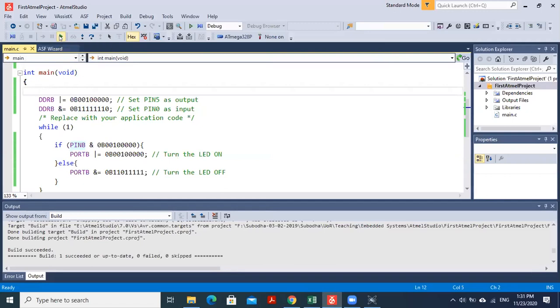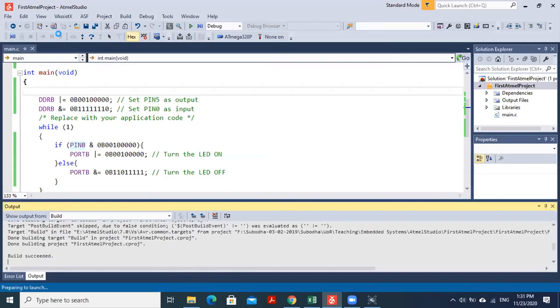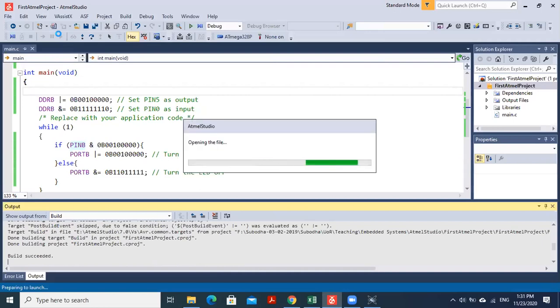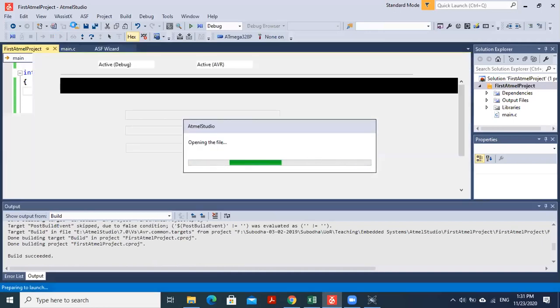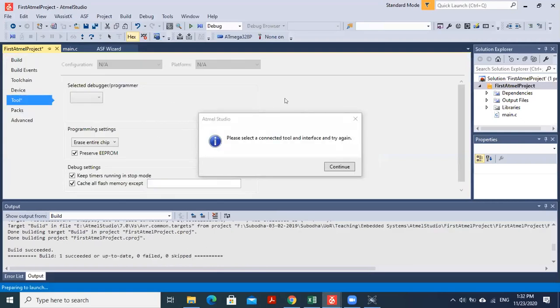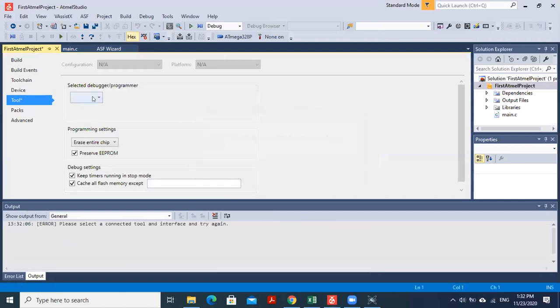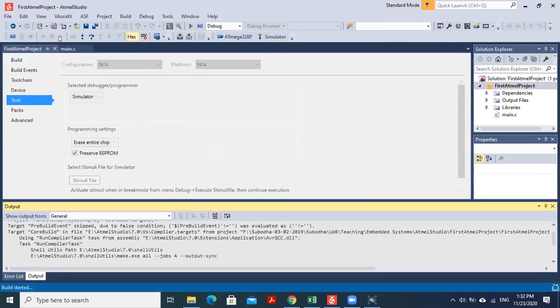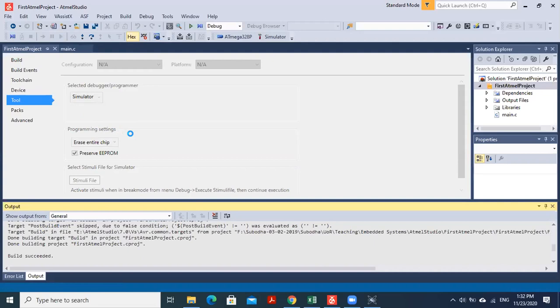So if I turn on the debugger, when I turn it on, I have to select the simulator from here. Now the simulator is turned on, and let me see if this is working now.